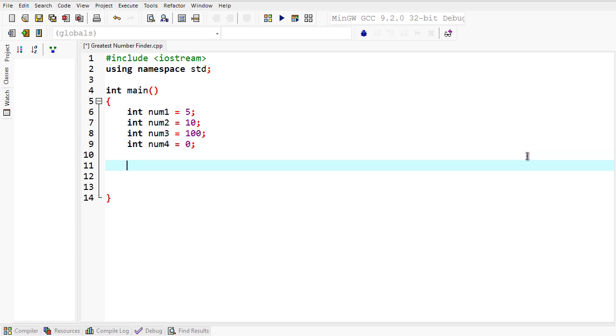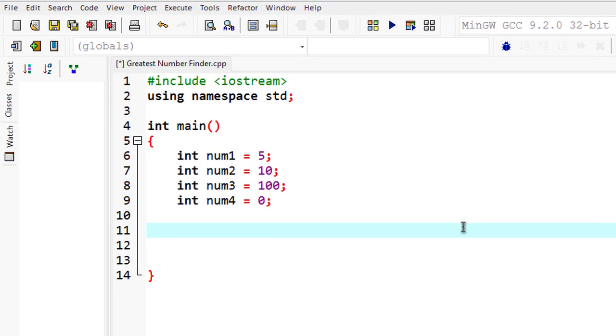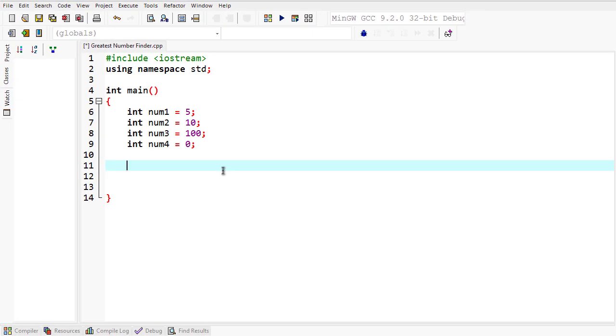Now here I'm going to use if else statements, right? And through those conditional statements I can simply determine the greatest number. You can always change these values, it will never matter. So I'm going to use an if statement here. So if num1 is greater than num2, if the first number is greater than the second one, and then I'll be using the and logical operator here, and num1 is also greater than num3, and num1 is also greater than num4,